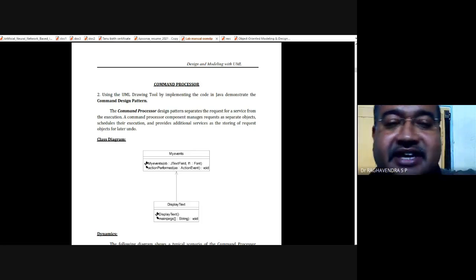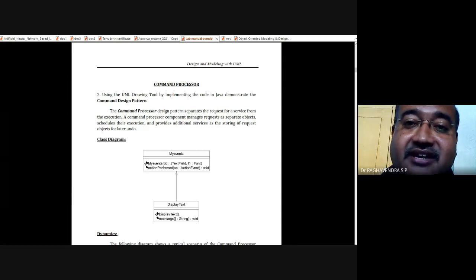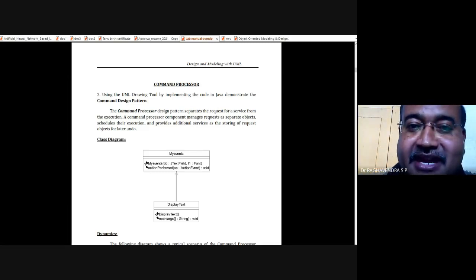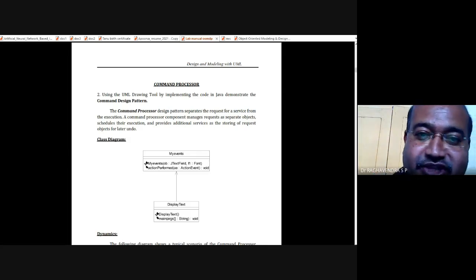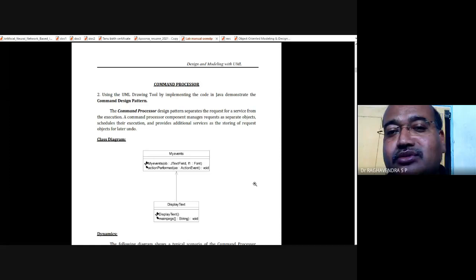Now there is a definition over there. See here. The command processor design pattern separates the request for a service from its execution. A command processor component manages the requests as separate objects, schedules their execution, and provides additional services such as storing the request objects for later undo. We have only two classes here.